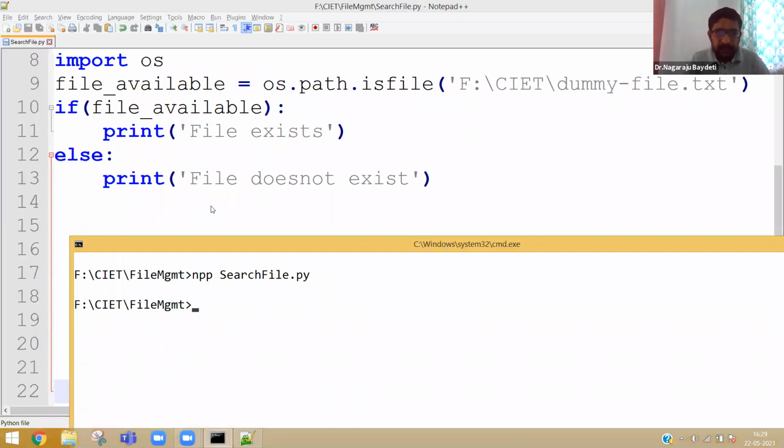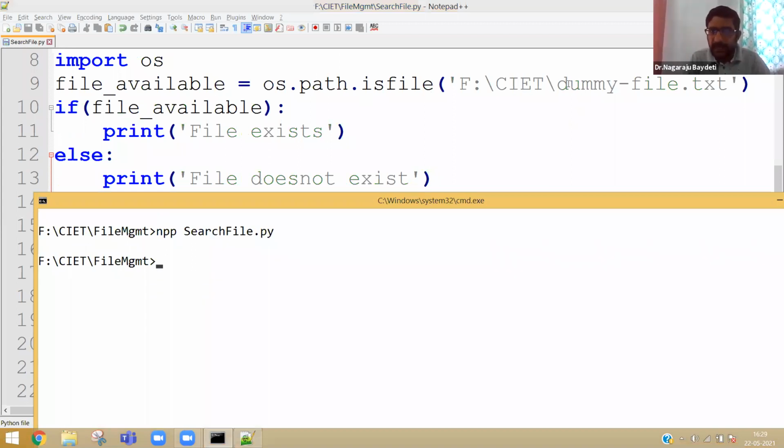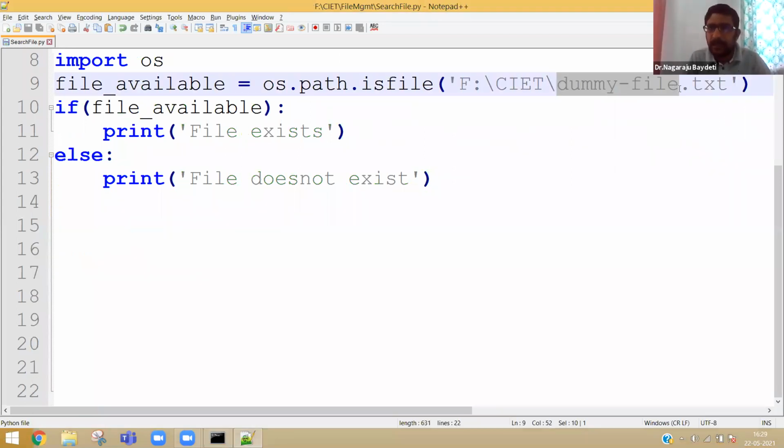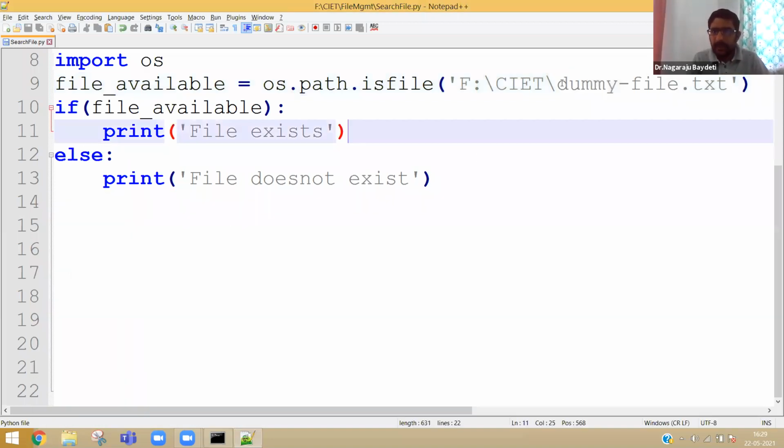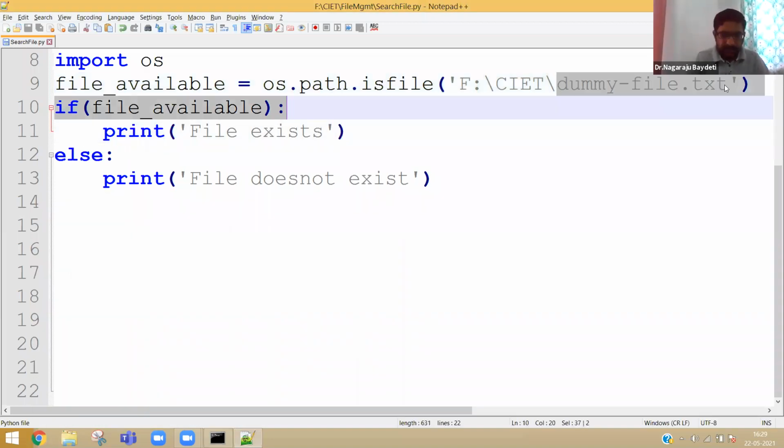Now definitely this particular file is not available. Why is it not available? If you really want to know, we can go one directory level back, that is CIET. You can type dir dummyfile.txt.